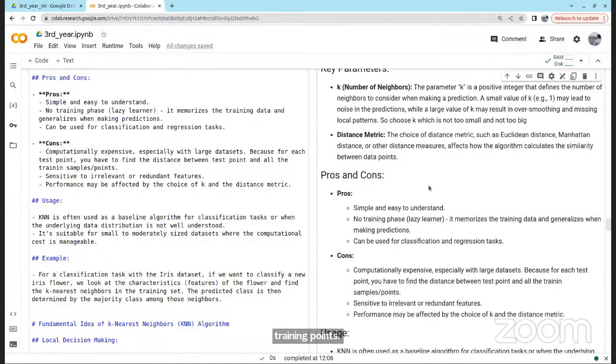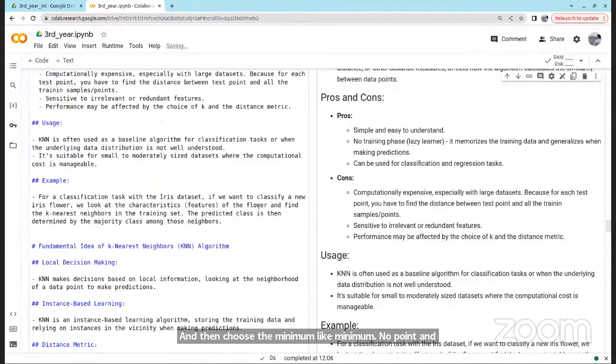That is, you're trying to find a neighborhood, right? So you can't directly say these are the closest. Whatever is in the train data, the whole data, you have to keep a for loop and then find the distance between this test point and all the training points, and then choose the minimum, like minimum 5 points, and then choose one class.